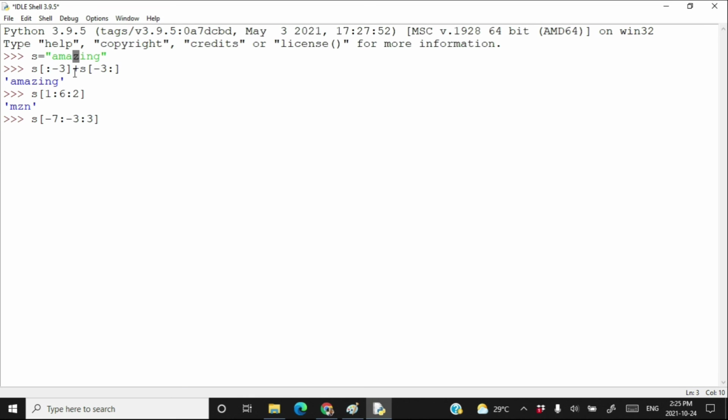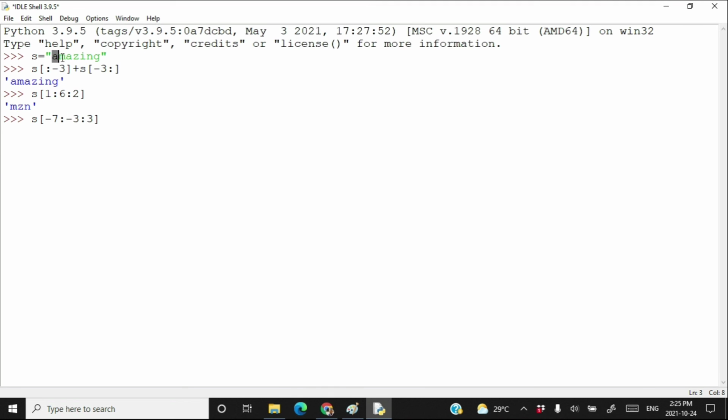So pick the character A, then pick the character Z, and the next character you would pick is G, but G cannot be picked because you have to go only up to minus 3, minus 1 means minus 4. You have to go only up to minus 4. You cannot go more than that.